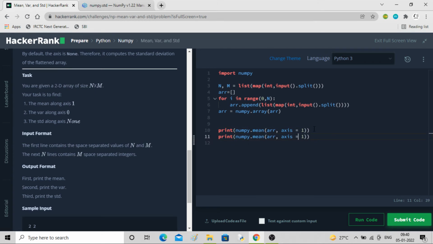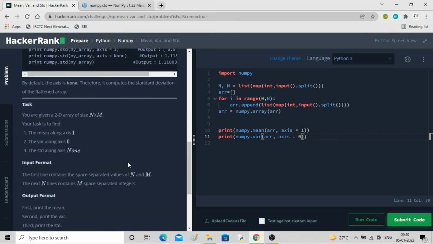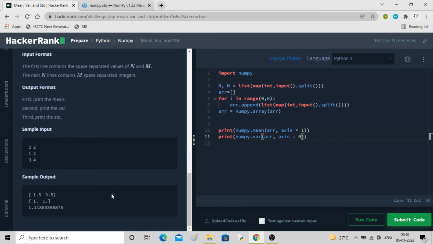This I'll copy and change to var. This has to be axis 0. Axis 0 they want, then axis none. So again I'll copy paste here, you write std, and for axis either put none or don't put anything at all.